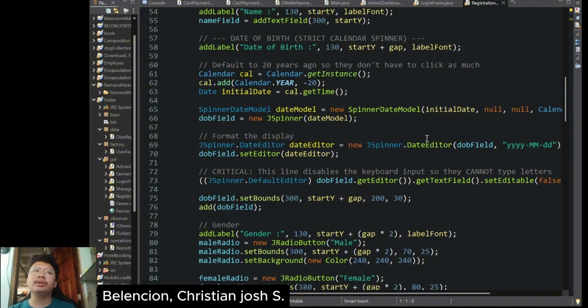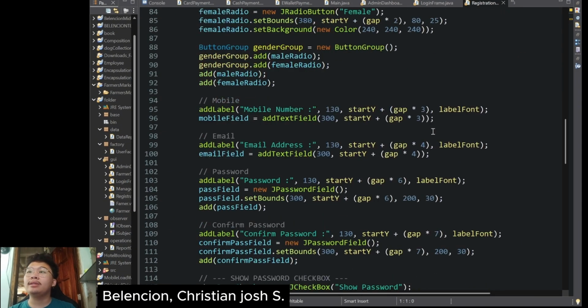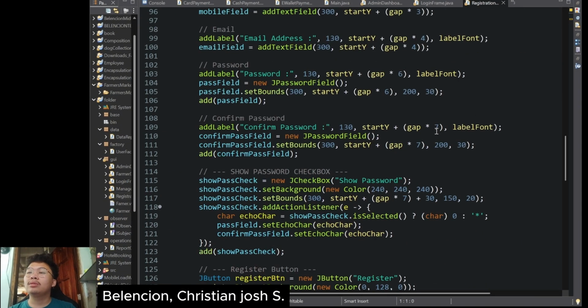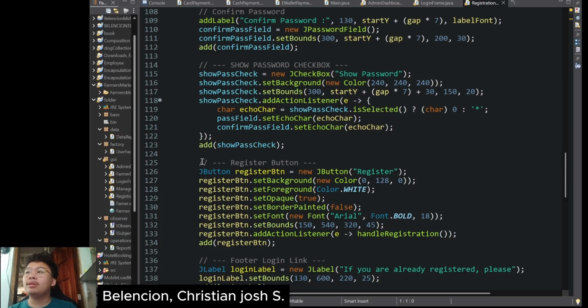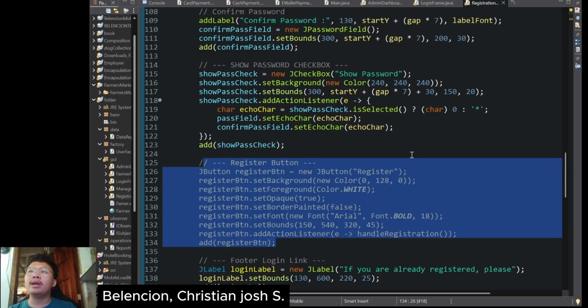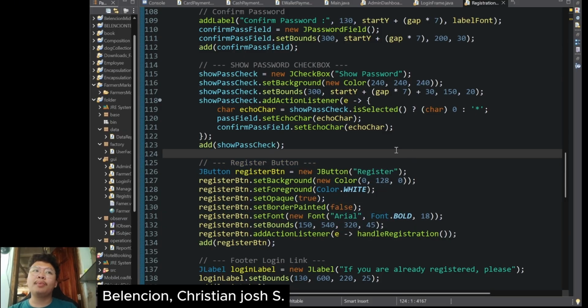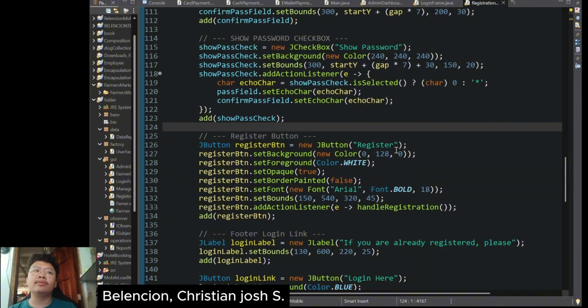When the user clicks the registration button, the program collects the information from the input fields. Then it checks if the required fields are complete and if the username is available.